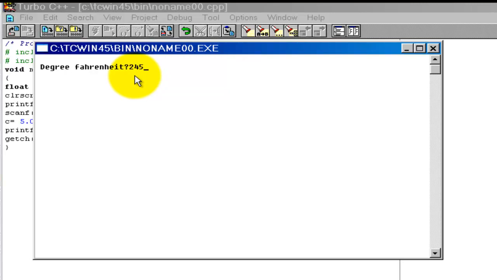Okay. Enter. The result: degree centigrade equal to 118.33. Here it only shows 2 digits after the decimal point. Okay.